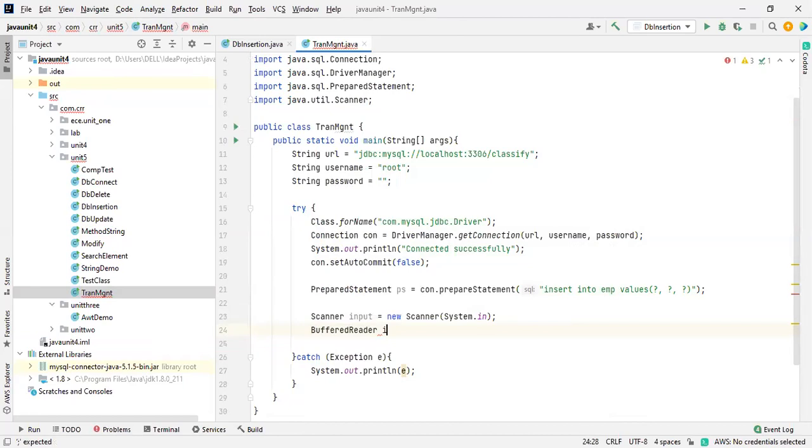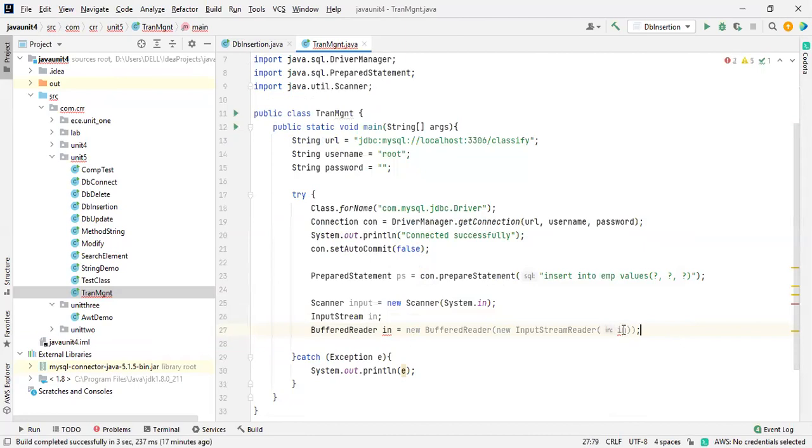This is also in input is equals to new BufferedReader of InputStreamReader of System.in. This is also one of the ways. So either by using BufferedReader, you can give the data using the keyboard, or by Scanner also, you can give the data using the keyboard.